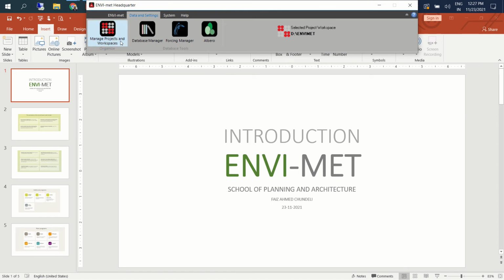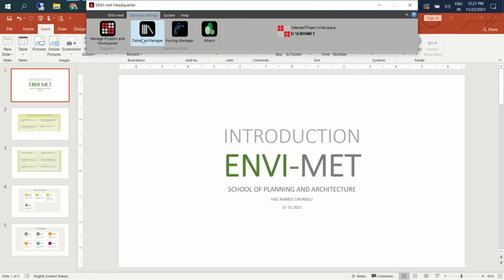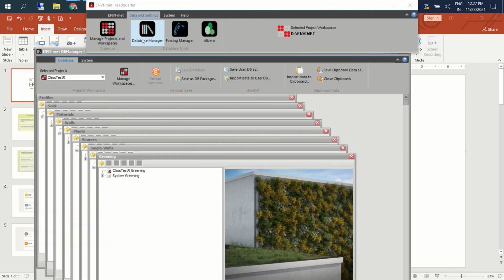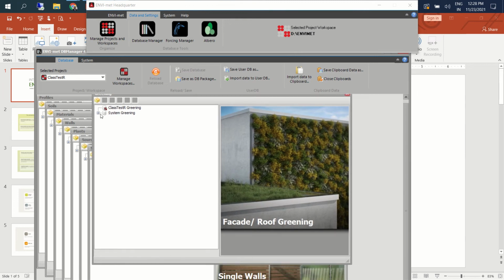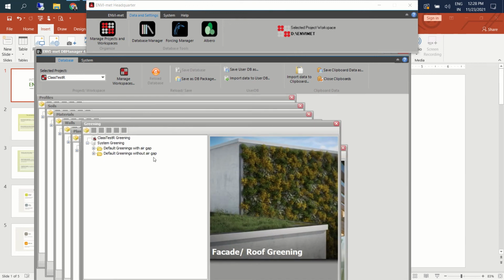The second thing is the complex one. Probably I will show you the basic default materials in the software, and then we will come back to this particular tool, where for example we can model the type of greening system that we have for the facade and for the roof.